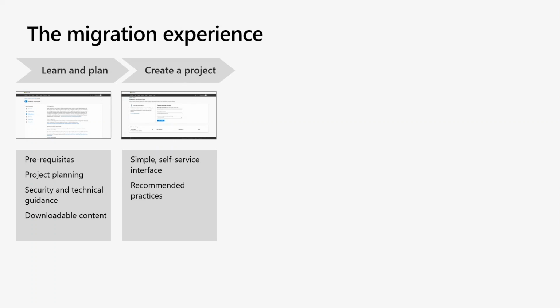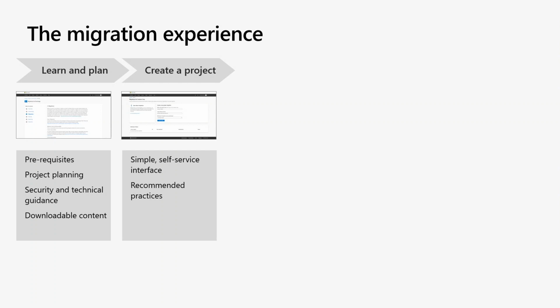The next step is to create your new migration project. Think of your project as the central point of control where you'll find all the features related to the given type of migration. The project gives you a quick reference to configuration steps you need to set up your migration. And once active, it gives you a quick glimpse of what migration events are up next so you can manage your